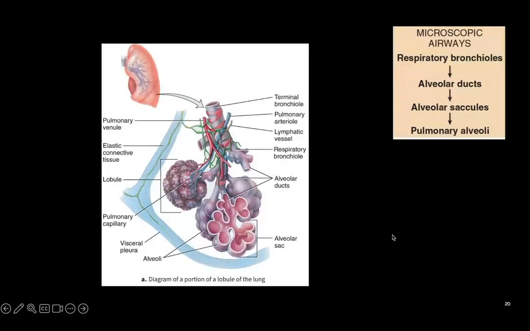So we were following the bronchial tree through each of the lungs. After we get to the terminal bronchiole, we then see a transition into the microscopic respiratory bronchioles. And that also shows the transition between the conduction zone and the respiratory zone. So the respiratory zone is going to be composed of the respiratory bronchioles, which are then going to subdivide